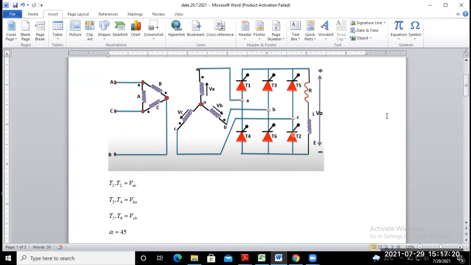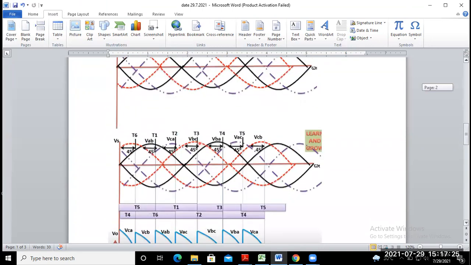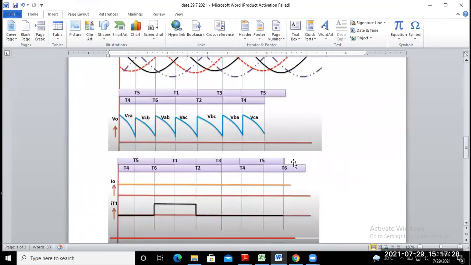Thyristor T1 conducts from this point to this point. So draw a line from this point to this point, and this is the current IT1.